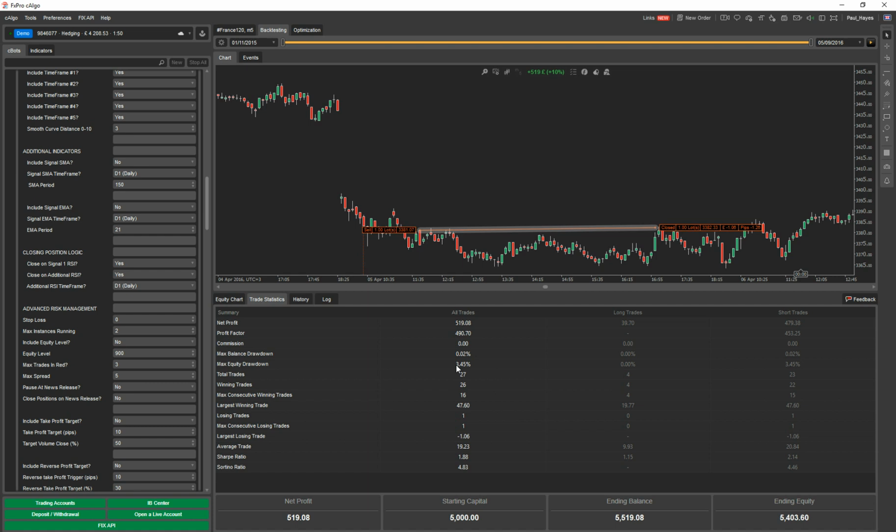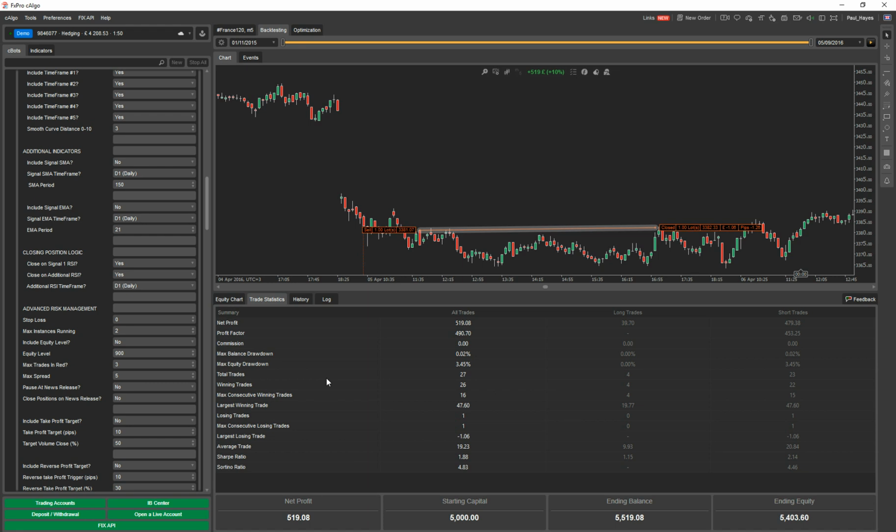it's a 3.45% drawdown over this period with a 10% profit. 27 trades, 26 won, 1 lost. An instance is obviously the instrument. I've had this running with 10 instruments at the same time. So you don't want, if all of them were set at say 5% drawdown and 10 were running, that's 50% drawdown. Because these instances don't all run at the same time concurrently, you might only get